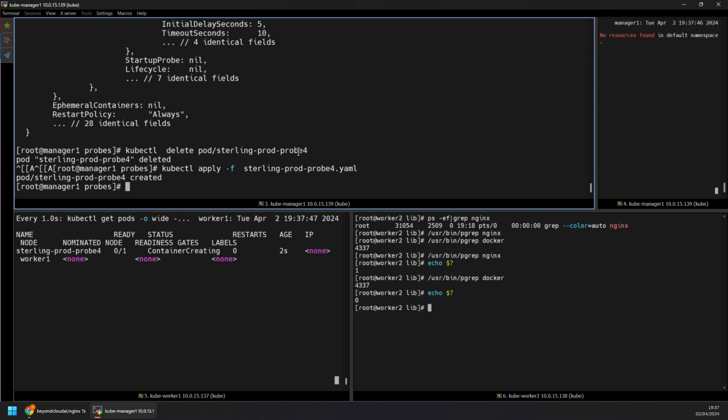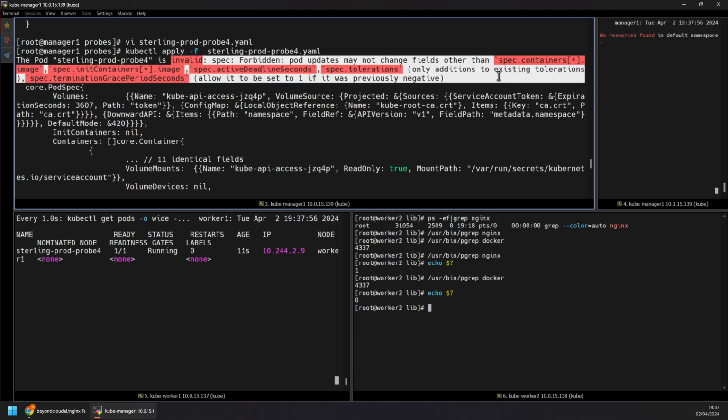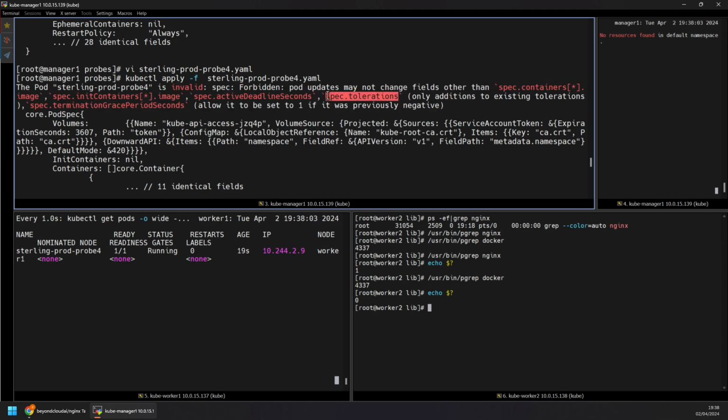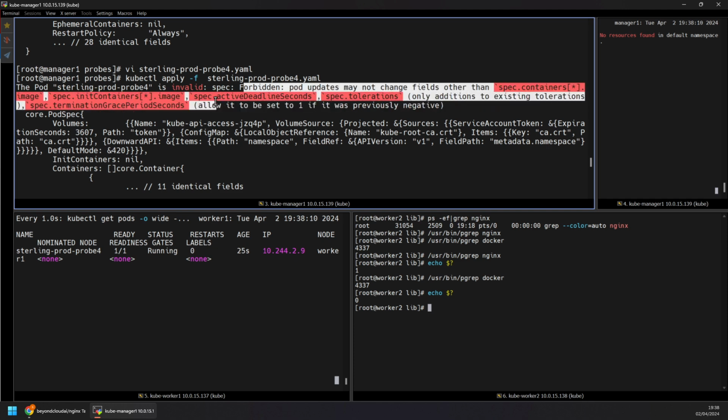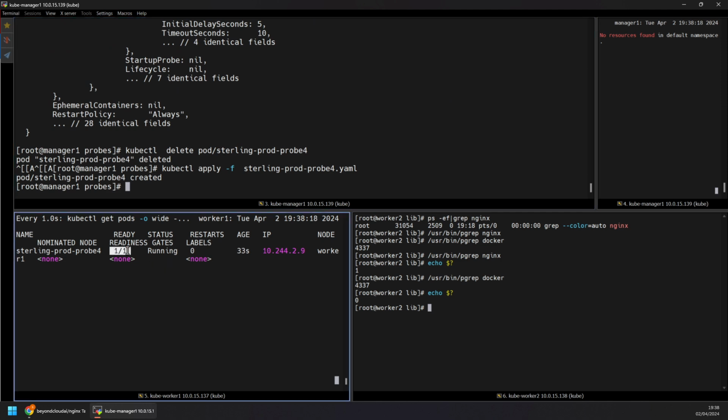So you can see that new pod is created. So let's see if it goes to the ready state right now. So what this error tells is that you actually cannot update the existing parameters in terms of probes. That's what it is trying to tell me. So it says about specification, toleration, deadline seconds, and a forbidden message that talks about those things. But I will not be able to update these items in terms of working with probes. So you can see that the readiness has gone to 1 out of 1, so which means we are